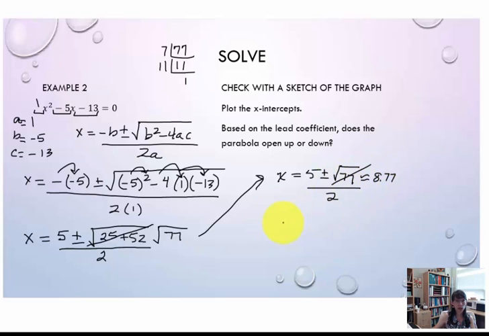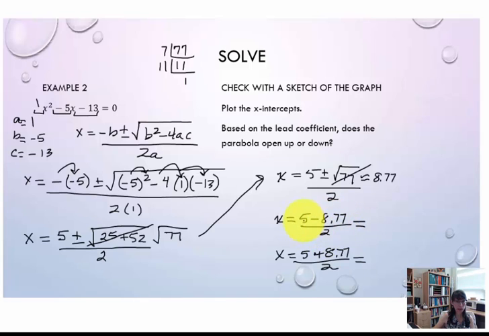So the 2 solutions that we generate would be x equals 5 minus 8.77 divided by 2, and x equals 5 plus 8.77 divided by 2. So now we'll be able to find at least a decimal value that we can find